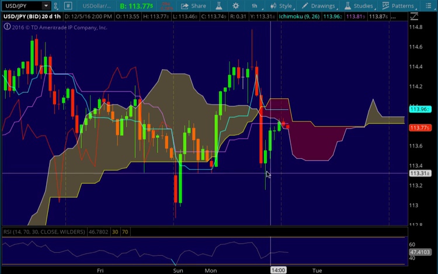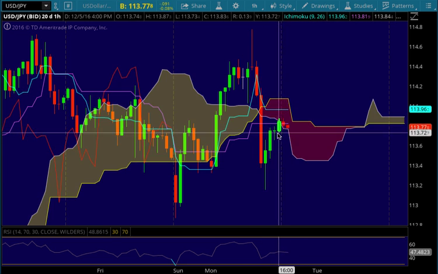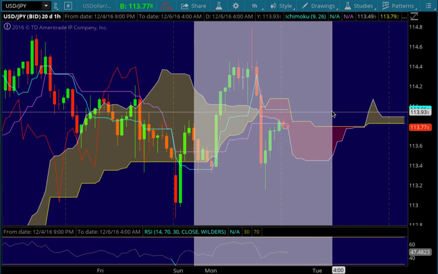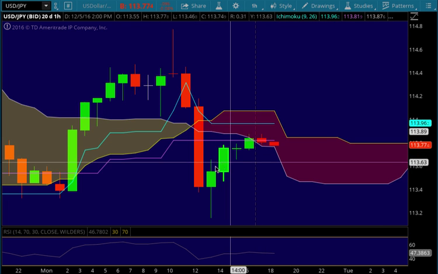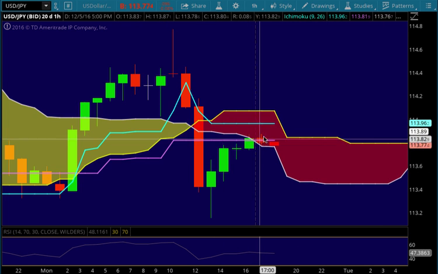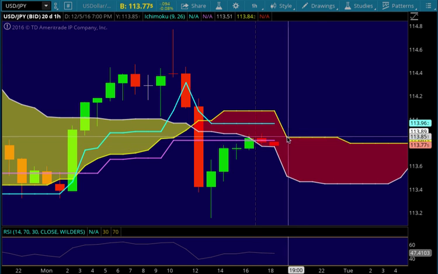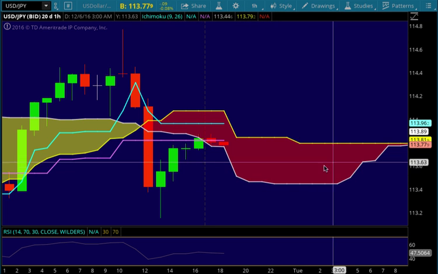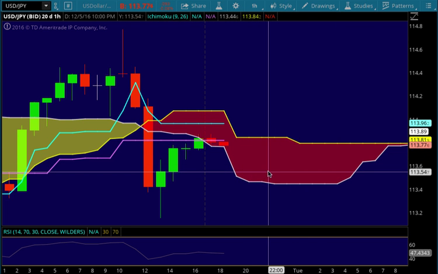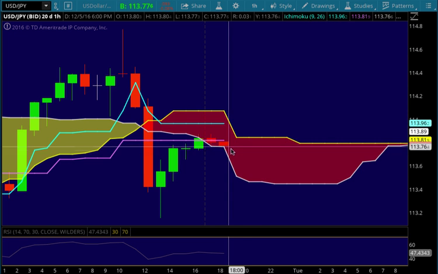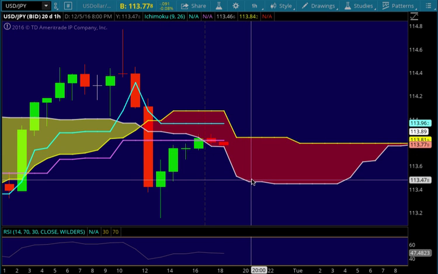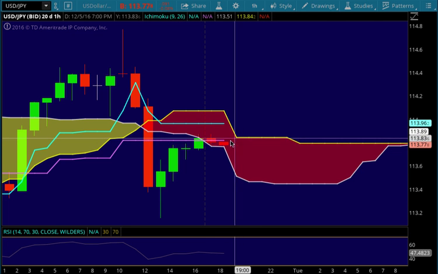Hourly time frame, we are stuck inside the cloud, so neutral in Ichimoku terms, and it does look like we're putting in a sort of a rounded top here so far. This hourly candle is currently between the Kijun Sen and the cloud. The cloud is headed lower. The shape of the cloud is headed lower, so there's a suggestion that we might follow the shape of the cloud lower for the next several hours, unless we do get back above the Kijun Sen,